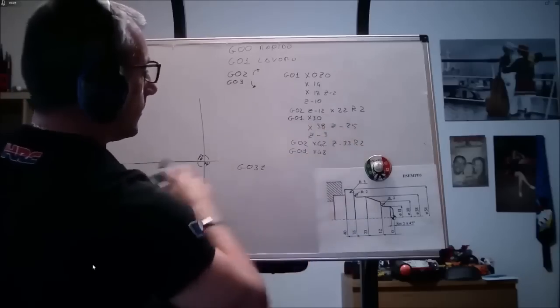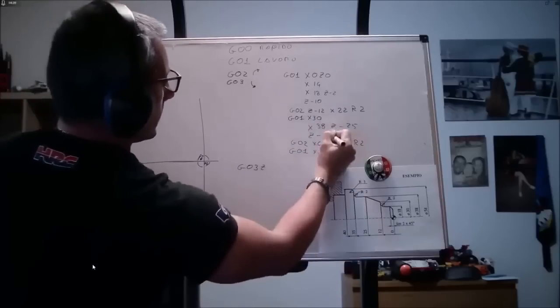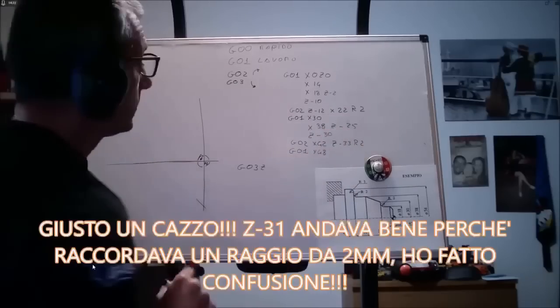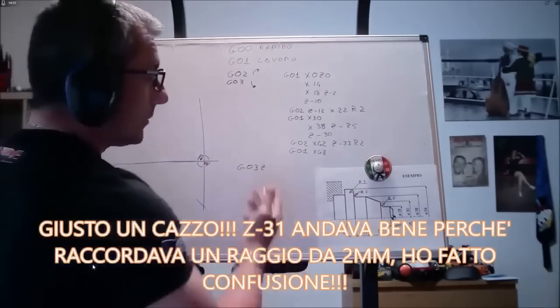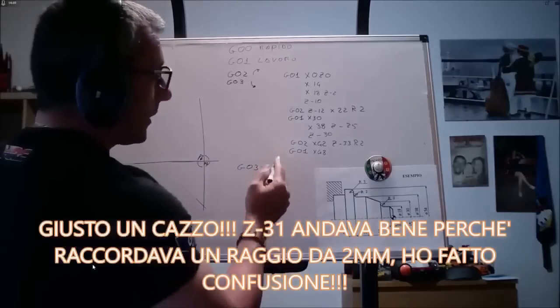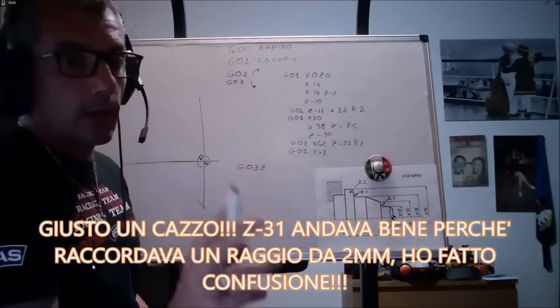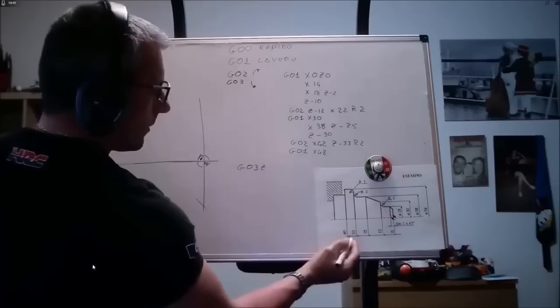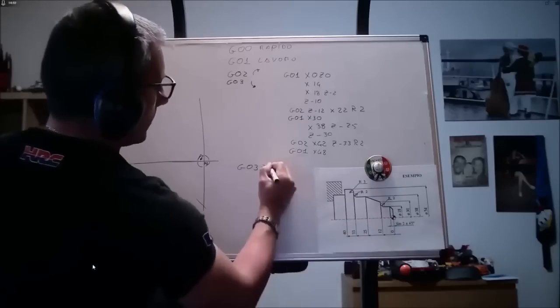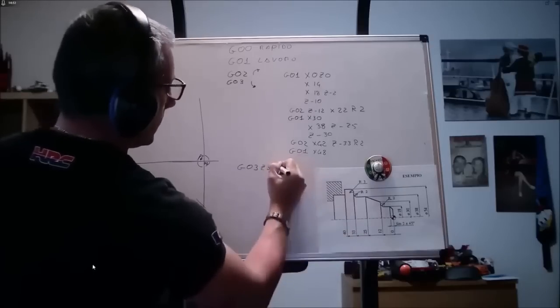Also 31, 33, minus 3, 30. It's a moment wrong, I just managed to see it. The simulator in this case wouldn't have highlighted it. The detection at the height on the piece would have highlighted it. So too late, G03, Z36, X54,